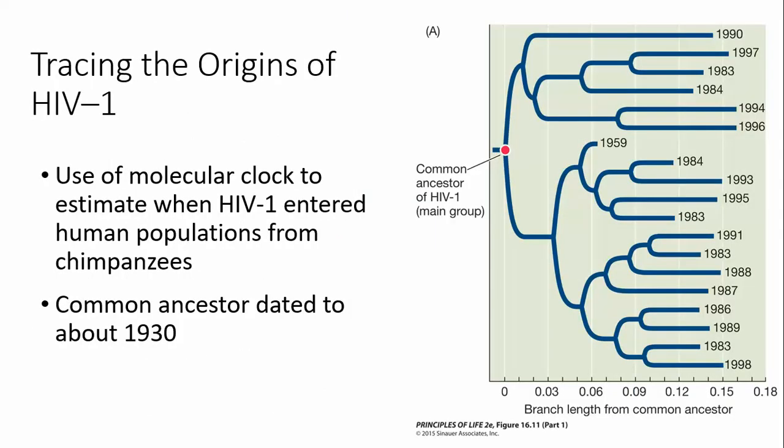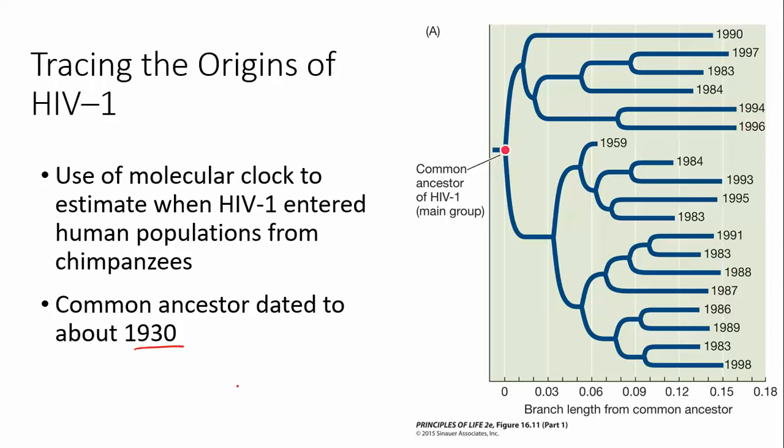Then, there were a lot of social and political issues around the development of HIV in the 80s, and people were trying to trace where it came from and when it arose, because they were trying to blame one group or another, or prevent blame from being shifted onto one group or another. And so they traced the ancestry of all these various strains of HIV that had infected different groups of people. And what they found by using molecular clock data is that HIV seemed to have entered the human population from chimpanzees, at least HIV-1 did, back before